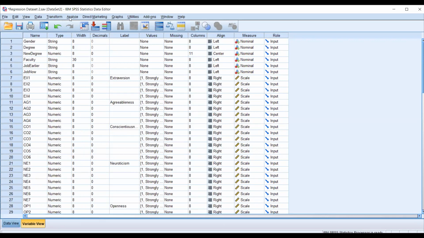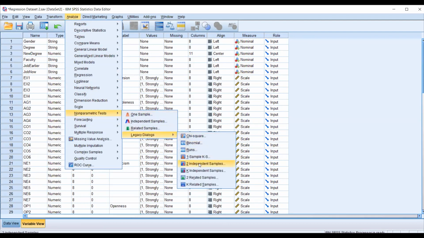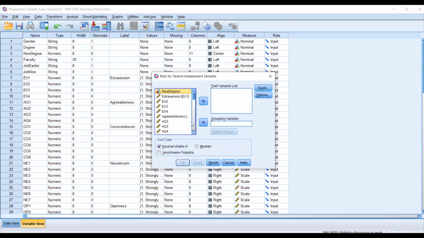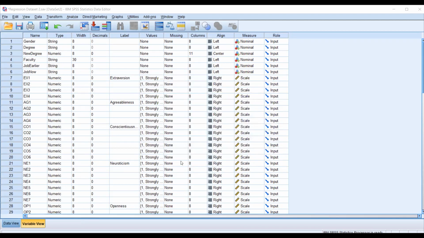Yes. So that's the way you can do, but I don't know why it is not showing. Sorry. Okay. Anyway, let's see one thing. ECB, assuming that data is not normal, right? And new degree, we are putting it in here. You can define group. Yes, 1 to 4. Let's say like that, right? And go with check. Okay.